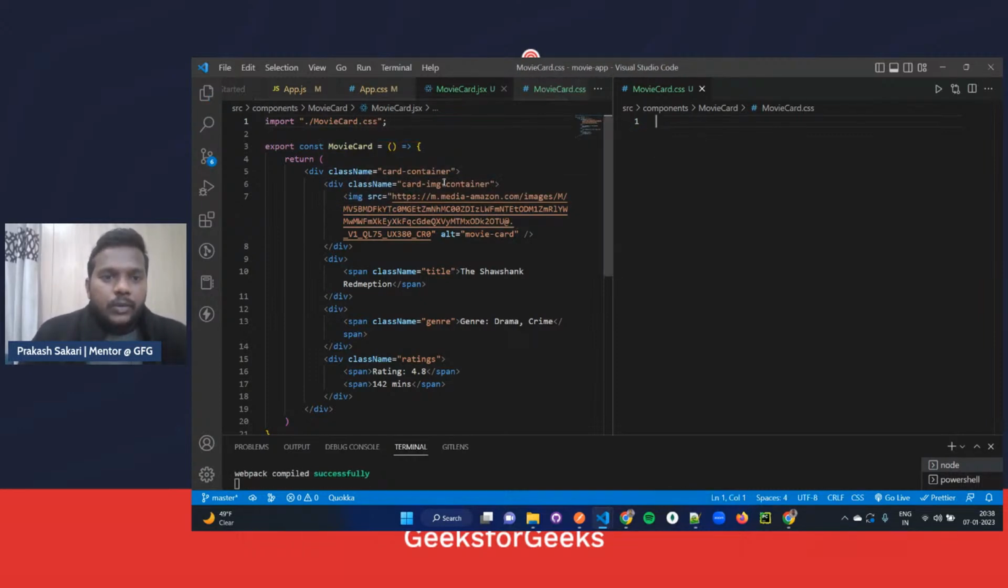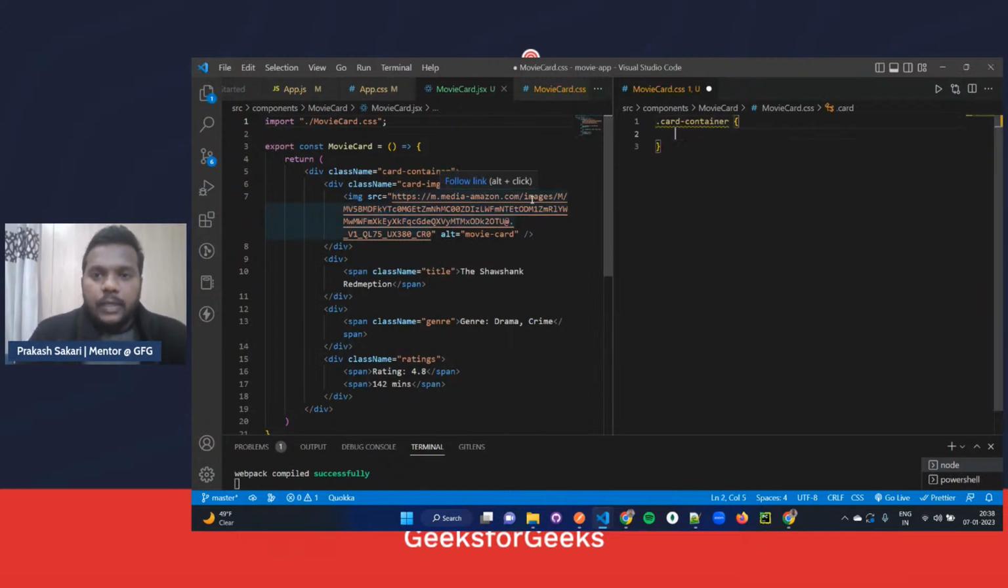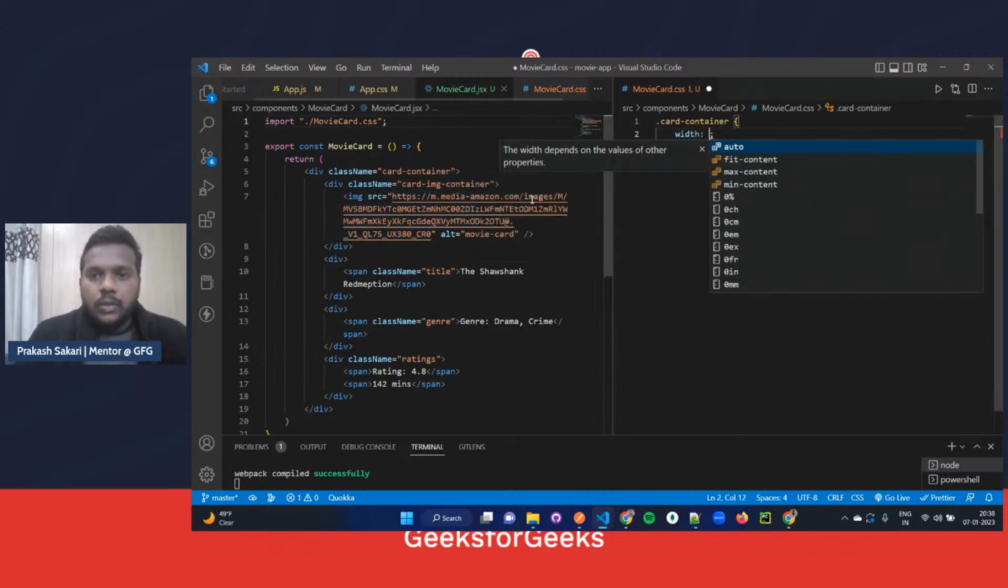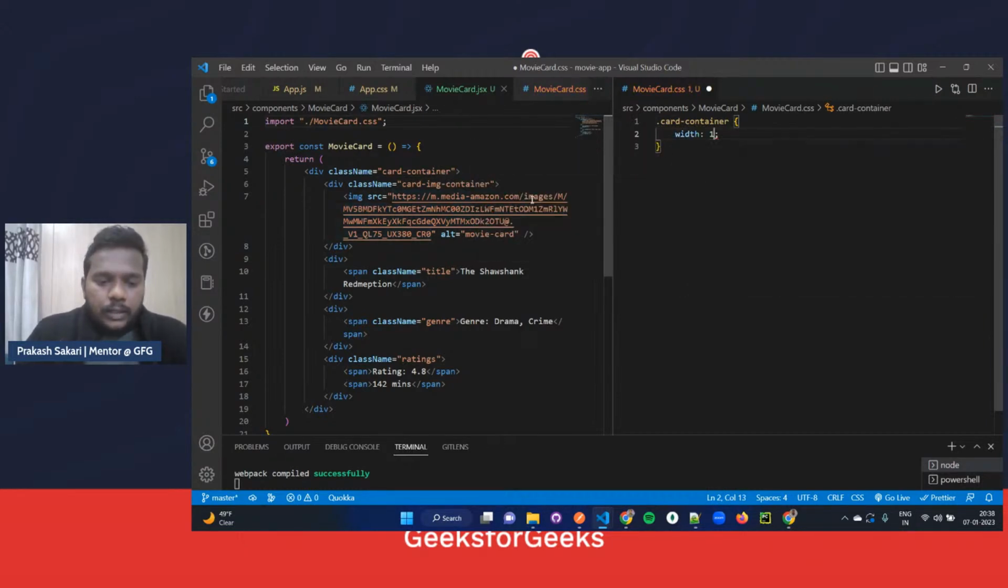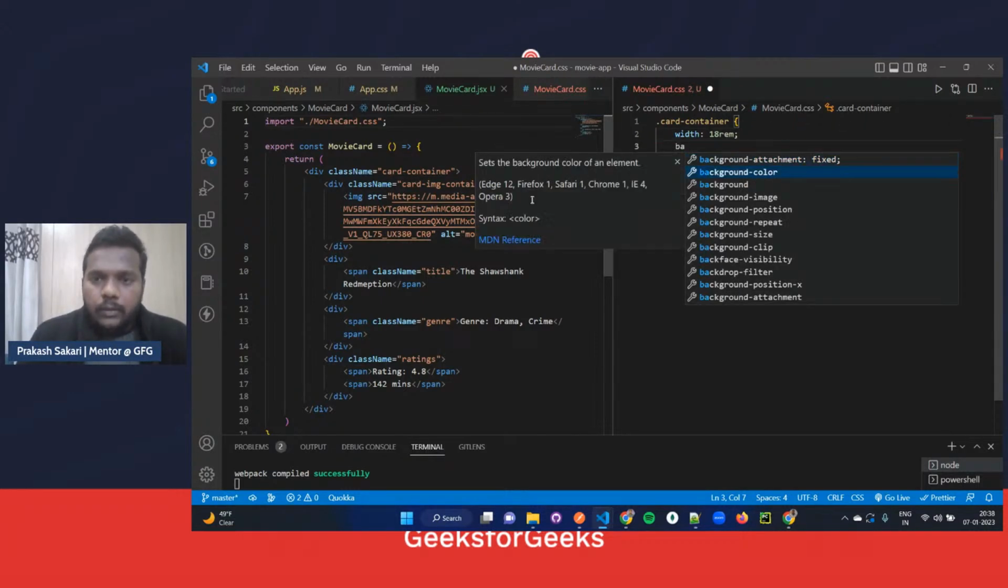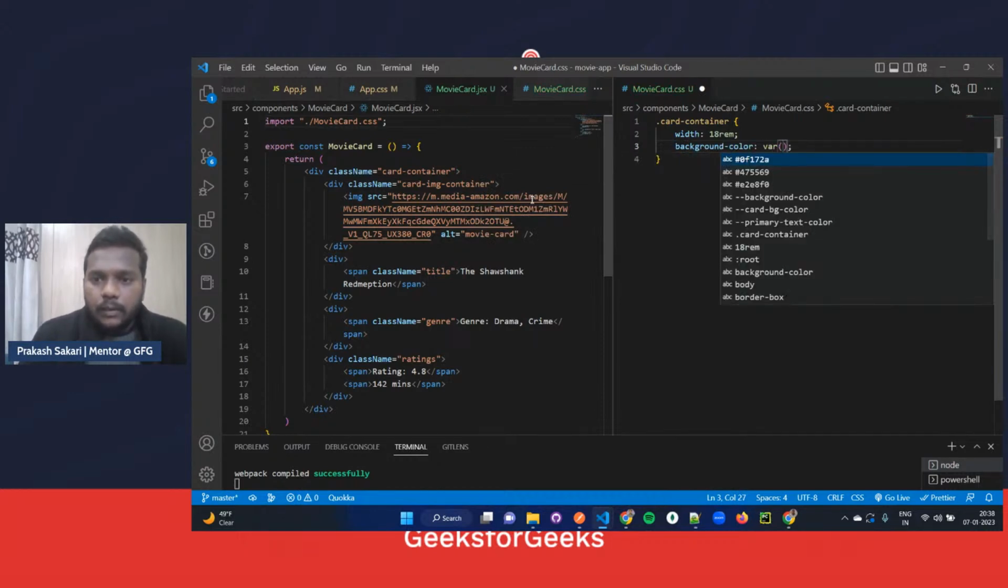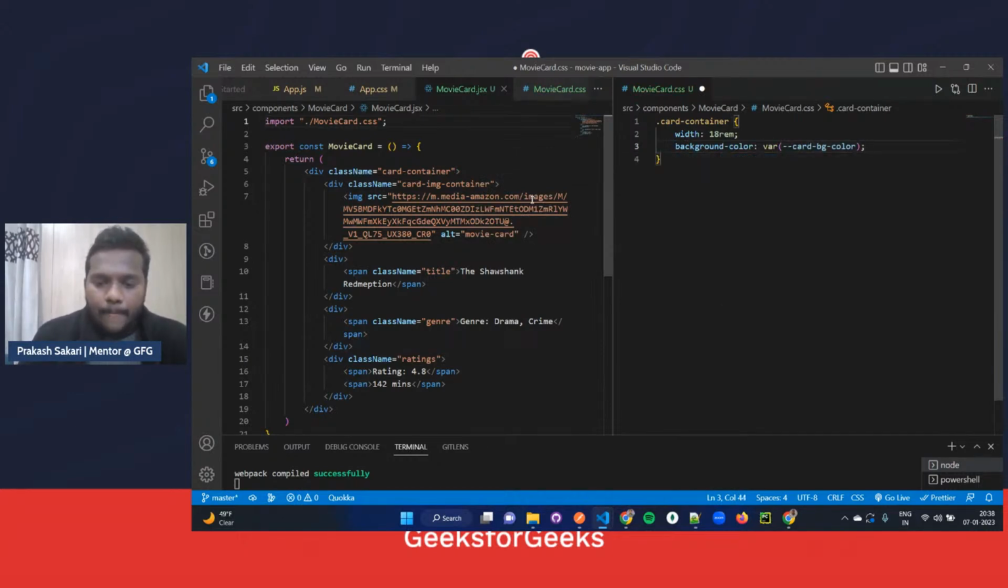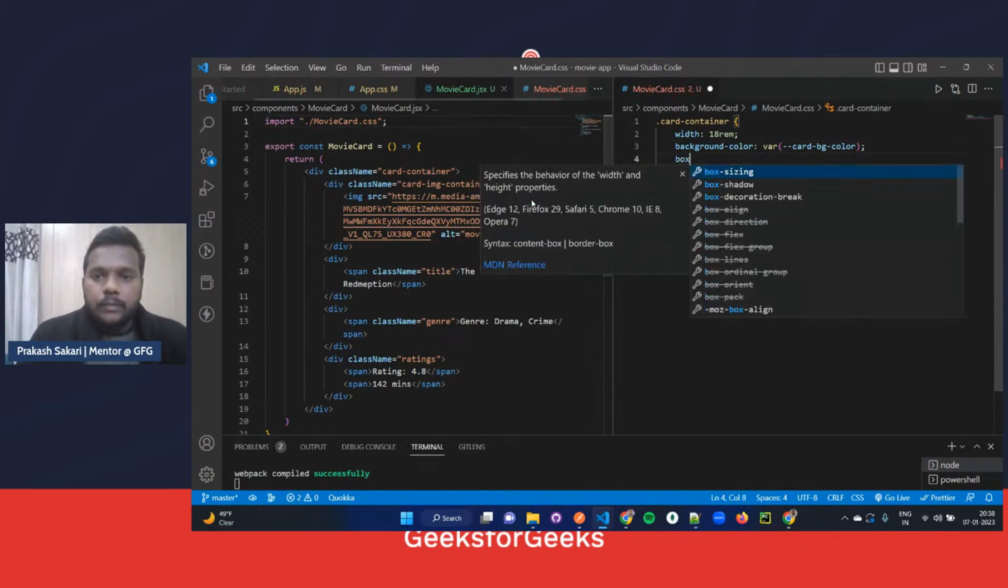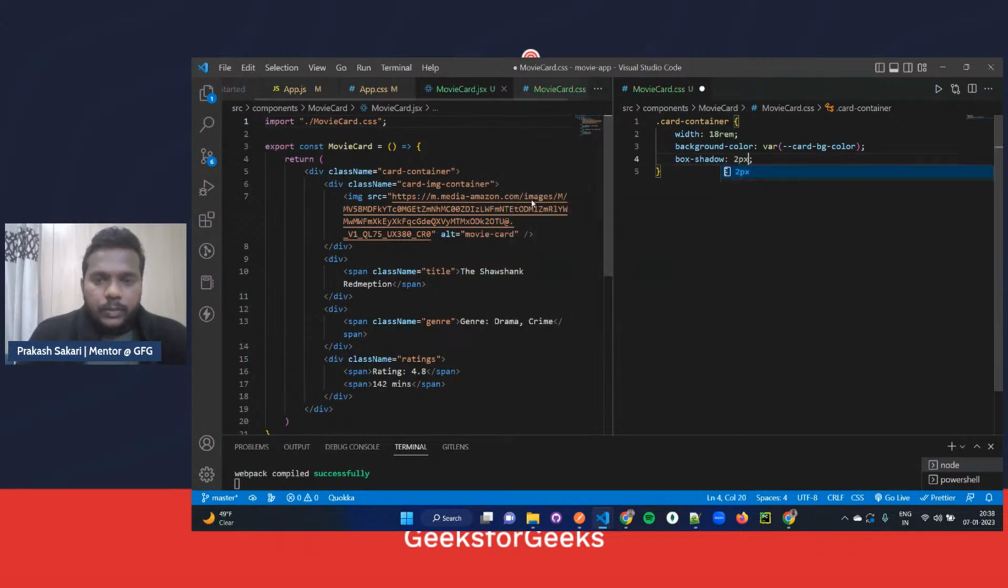So the first thing that I want to do is the card container. I'll say dot card dash container. I'll give it a width, a fixed width, let's say 18 rem. I'm not going to give it a fixed height because that would not be good, right? And the background color would be var, the card background color. And I'll add a box shadow also to this, let's say 2 pixel, 2 pixel, 2 pixel, 2 pixel,